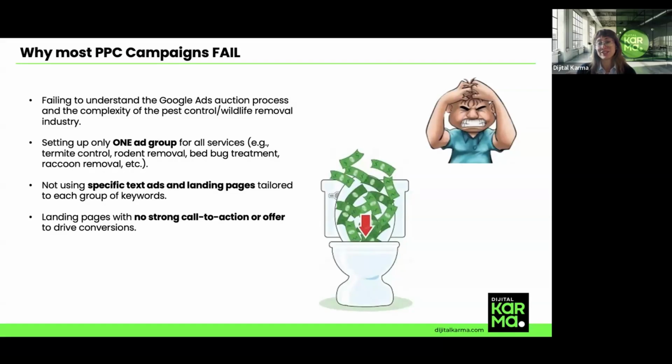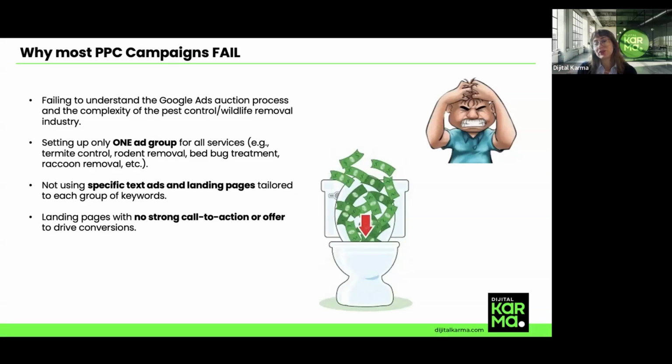Most pest control company owners I talk to have at least one frustrating experience with PPC that left them wondering, does this even work? Just on Monday, I had an experience with a wildlife company. I'm sure you all know Critter Control and their Irvine franchise. And we had a discovery meeting. The owner told me he has no idea. He only had an idea about how much they spent, but he doesn't have access to the Google panel. He doesn't have proper reporting. So he feels like something is happening, but where is it coming from? Is it coming from referrals? Is it coming from word of mouth? Is it coming from ads? So he had no idea.